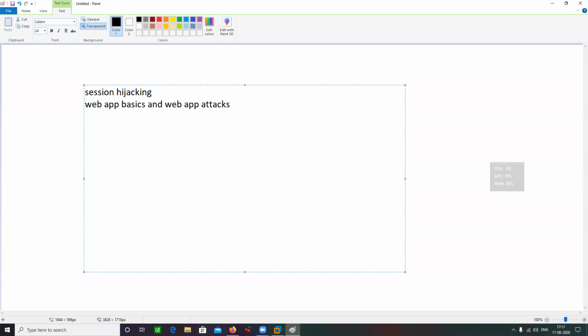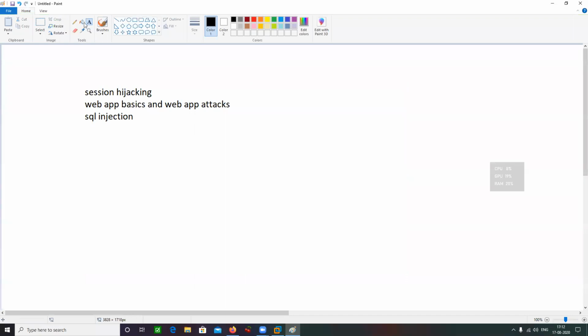And one of them is going to be SQL injection. Now, all of these three modules are actually three different modules, but all of them fall under the same category of web applications. Okay. Great. Session hijacking.